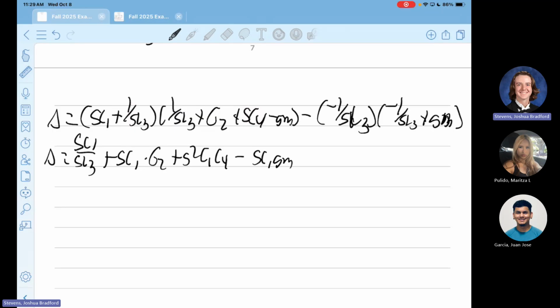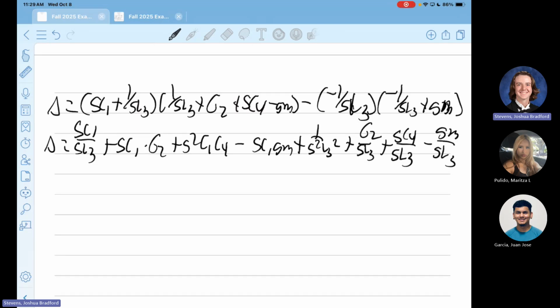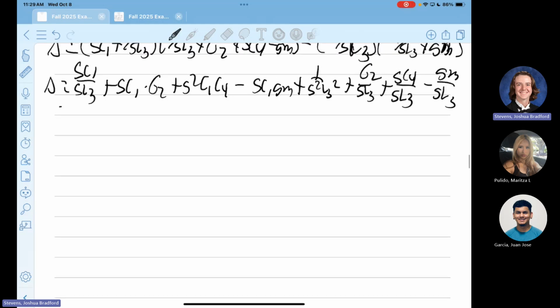Cool. All right. Now I got to multiply that one out. So that then becomes plus 1 over S squared L3 squared plus G2 over SL3 plus SC4 over SL3 minus GM over SL3. Do y'all agree with that? Okay, now I have to go to the next term. Let's multiply those out. Okay, so that is all minused by